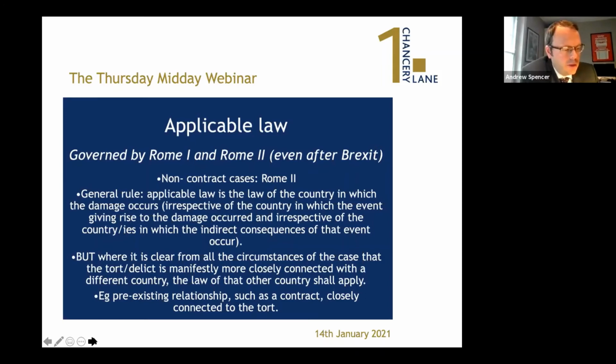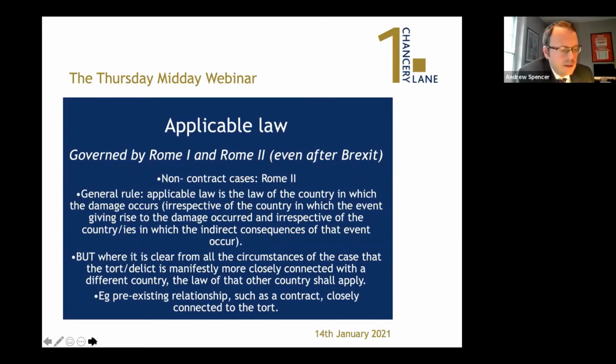That's not a case about clinical negligence, it's about a road traffic accident taking place in Germany. In this particular case, the judge considered that the factors connecting the tort with German law included an accident taking place in Germany, the claimant sustaining injury in Germany, the claimant and the first defendant being habitually resident in Germany at the time the accident happened, the claimant remaining in Germany for a further 18 months after the accident, and receiving a significant amount of treatment in Germany.